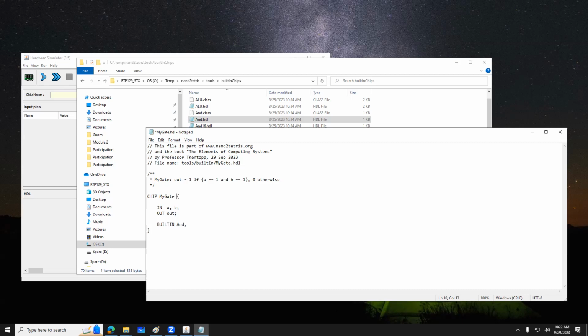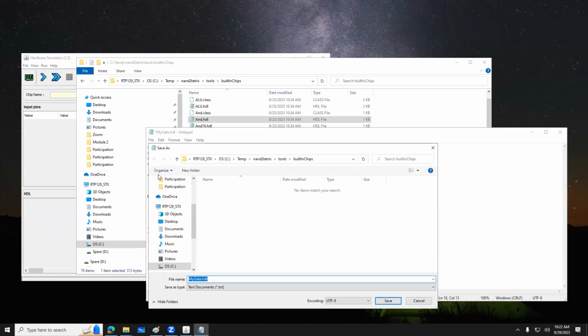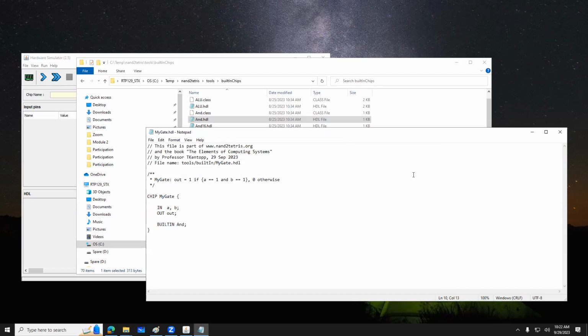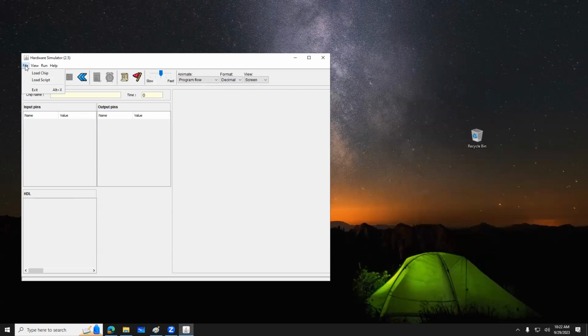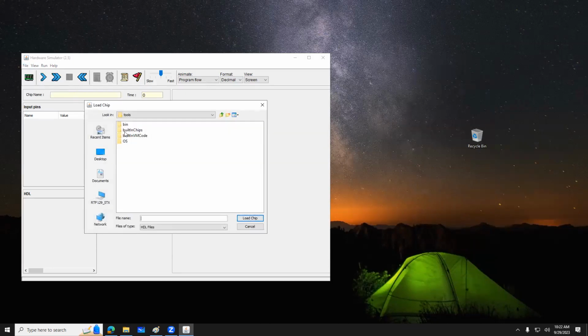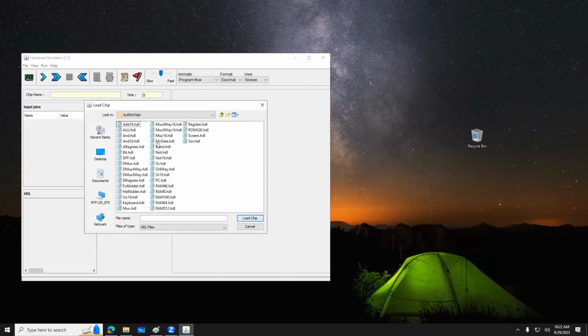and a space. Now, if those changes are not made, when I attempt to load and run this, I'll get an error that says the file name doesn't match. You'll get this gibberish, right? But if I save this as mygate.hdl, it asks if I want to replace it. Yes, okay. So now I can go here and load a built-in chip that I created,